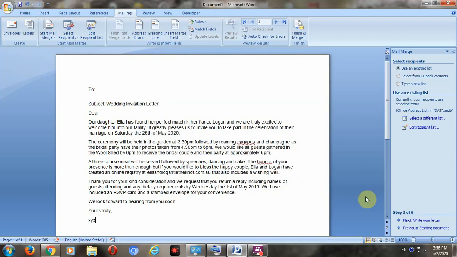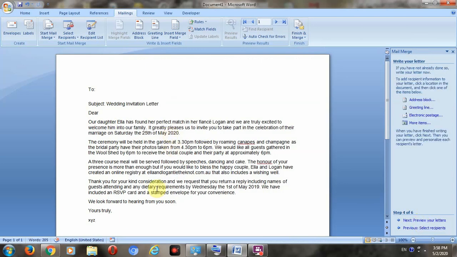Okay, so next I have to click on this one in the lower part, write your letter. So I have already written my letter. See here, my 2 options are there where I have to give the particular recipient name. So I have to click here, and then my subject is there and this is my body part. Here no name is there because I have to send the same letter to the 4 or 5 people. So the body is the same but the recipient name is different.